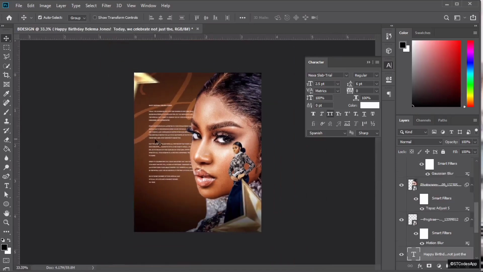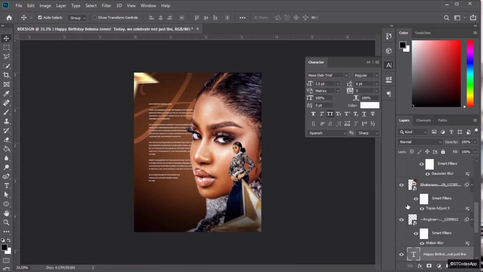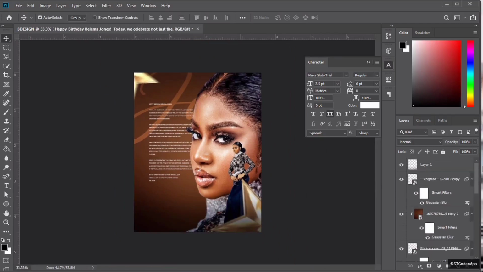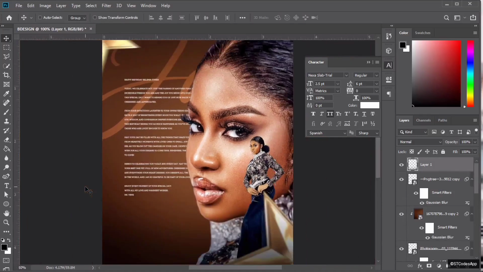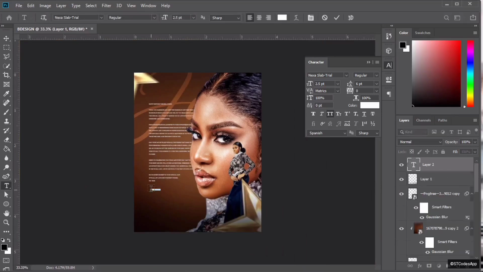Take this up a little bit, and the next thing I'm gonna do is to put in my remaining text. So I'll go upward, making sure that everything is on the topmost layer. I'm sorry, I would have grouped this, but I just want to be fast so that you can really grasp what I'm doing. Then I'll just click and type happy